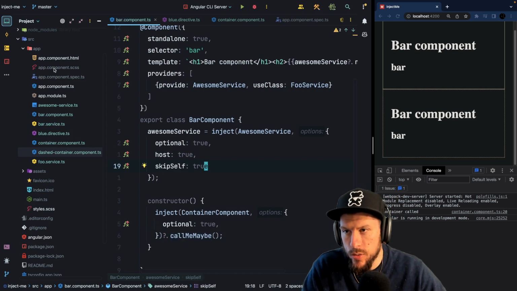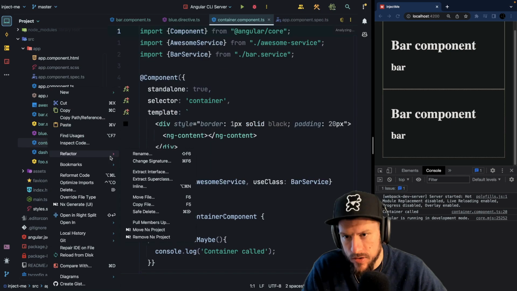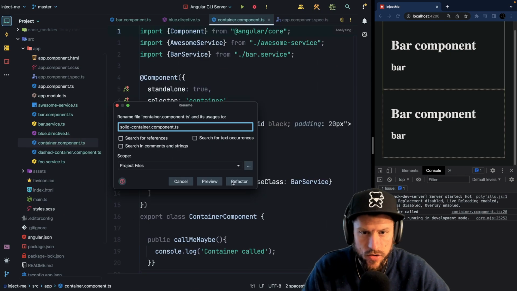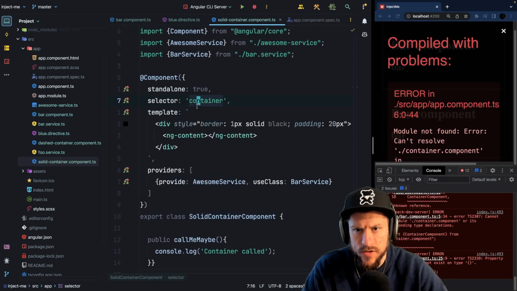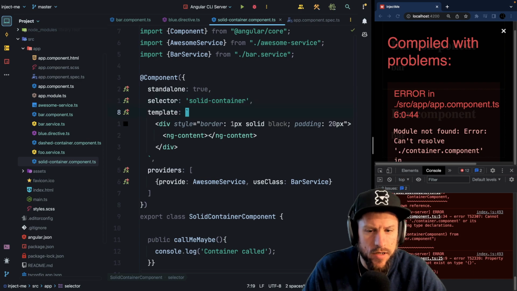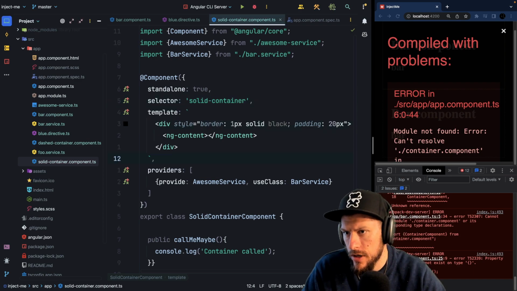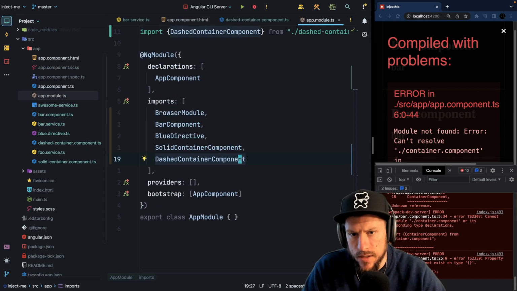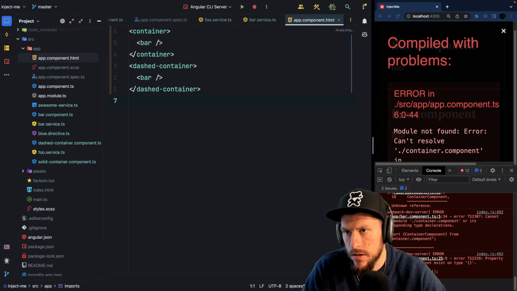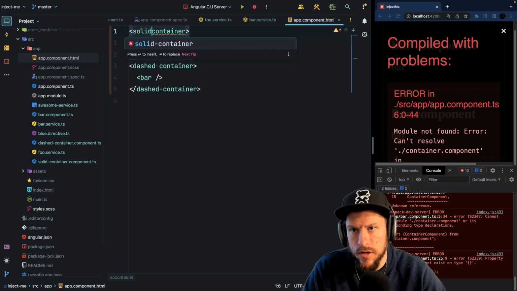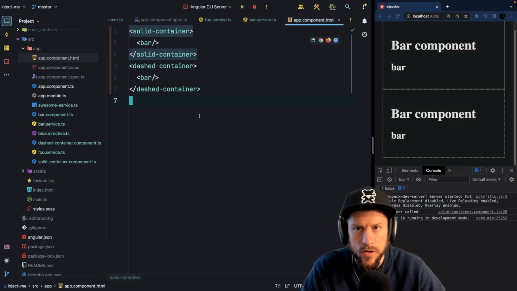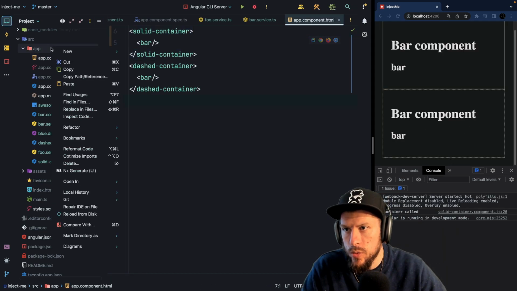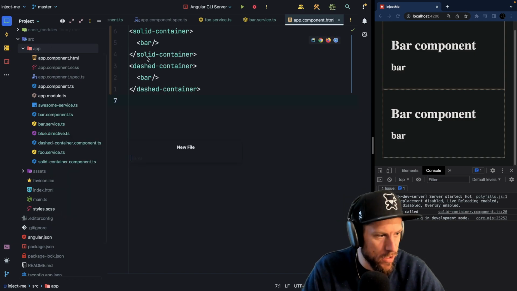So maybe our container shouldn't even be named container. It should be like solid container component. So we call it solid container component. We also call it solid container in its selector. We probably broke everything. Solid container, app component, solid container. So now it's working again. Good. So what we should do, we should have a general abstract class called